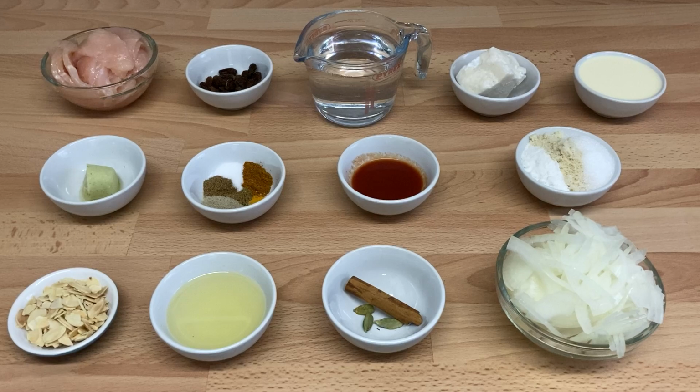To make passanda from scratch, you will need 1 tablespoon of raw or toasted almond flakes, 3 tablespoons of vegetable oil, a 1-inch piece of cassia bark or cinnamon stick, 3 slightly cracked cardamom pods, half a large onion sliced finely, 1 teaspoon of garlic paste, 1/4 teaspoon of ground pepper, 3/4 teaspoon of cumin powder, half a teaspoon of coriander powder, 1/4 teaspoon of salt, half a teaspoon of mixed powder or curry powder, 1/4 teaspoon of turmeric powder,